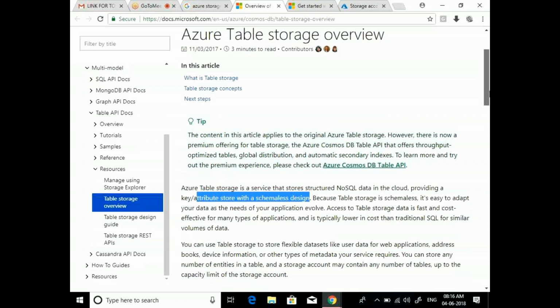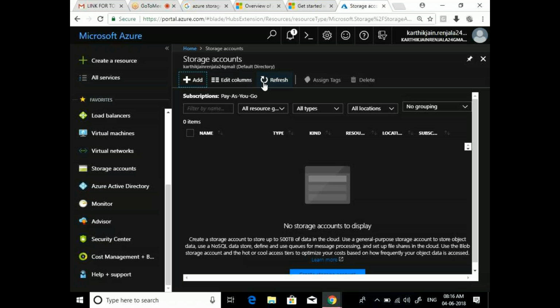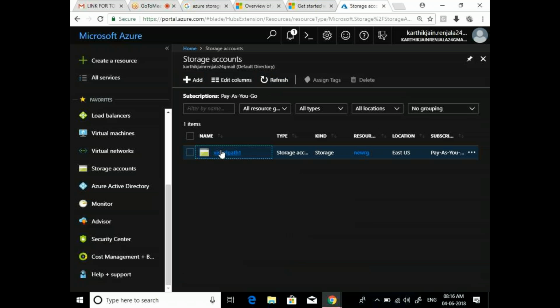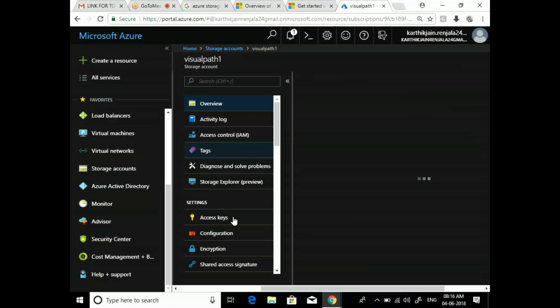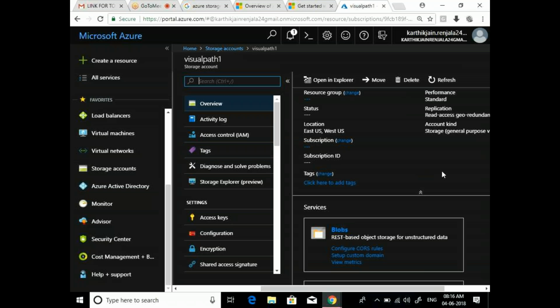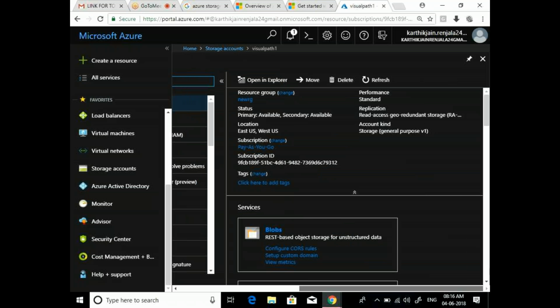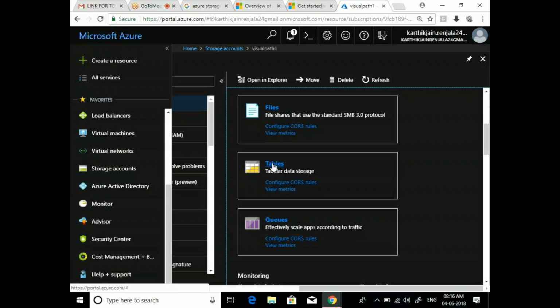So how is this going to look? Go to the storage and let me refresh it. If you go to the overview page, you have a couple of services available. Now I'm scrolling down, and here you have tables. Once you click on tables,